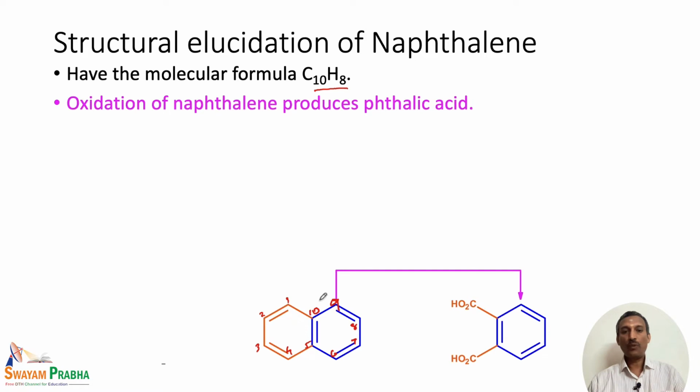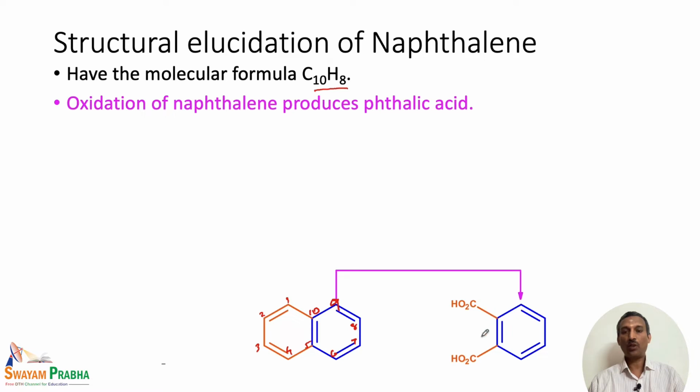And how do we know this is the structure? We are going to find out how we can exactly say that naphthalene has this bicyclic ring system. So when we oxidize naphthalene, we end up with phthalic acid. Phthalic acid has 2 carboxylic acids adjacent, that is, ortho